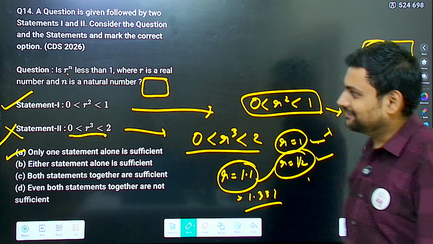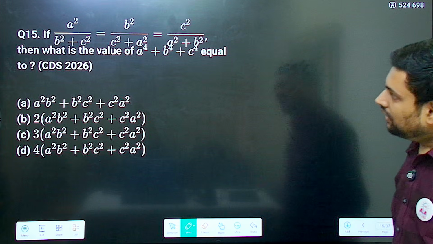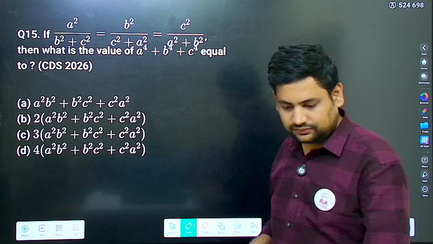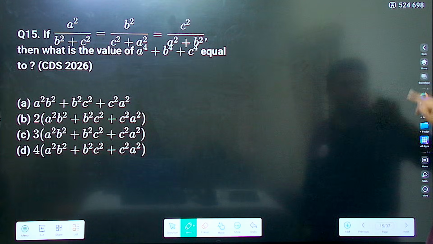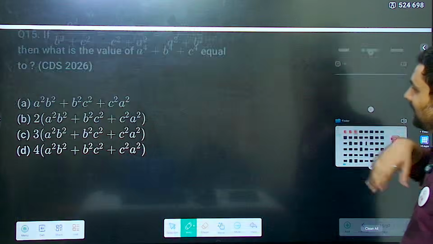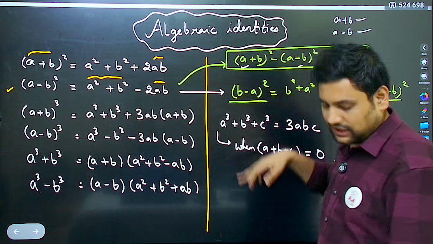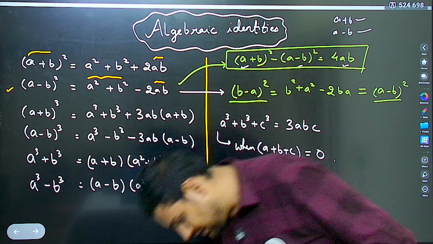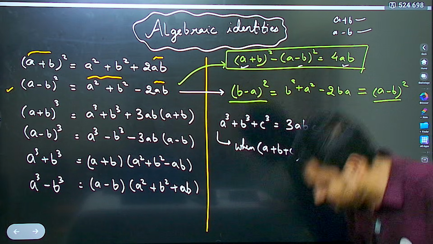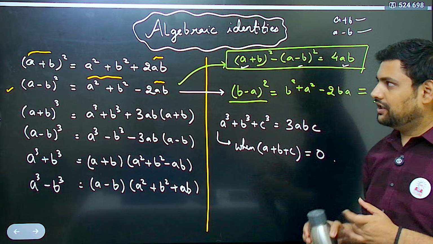Understood? Then, yeah, these two questions I have taken. Before that, let's get to the part where we revise. Okay, so this is the algebraic identities. If you remember, now